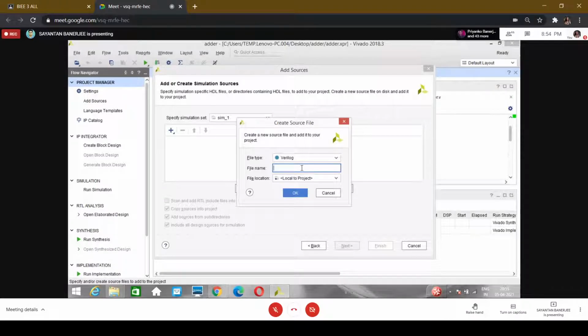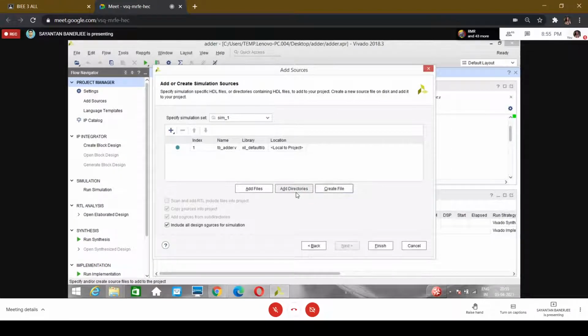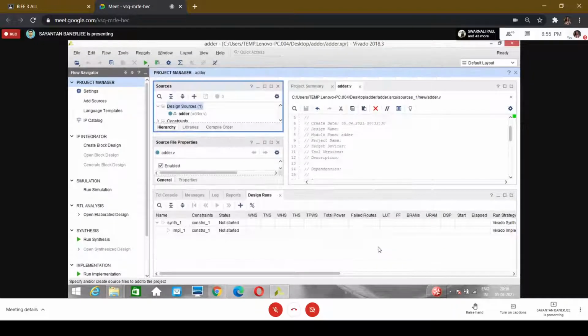So for the file name, let us write test bench adder. Finish.